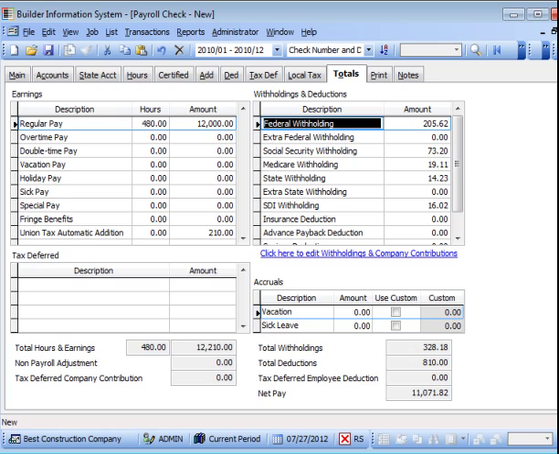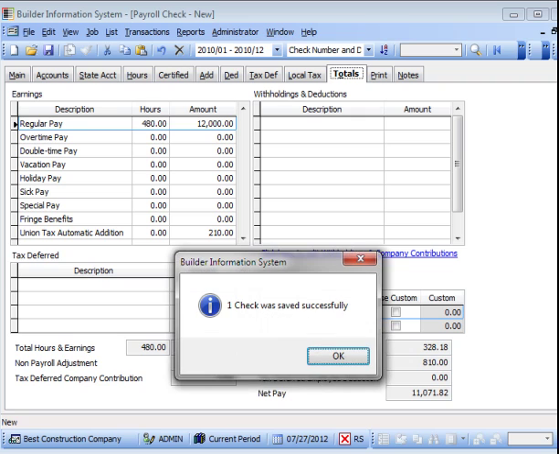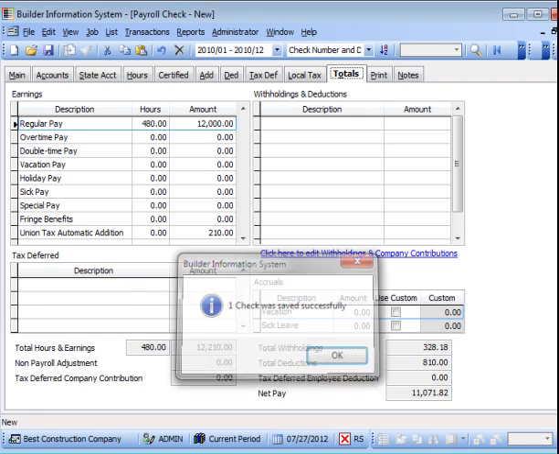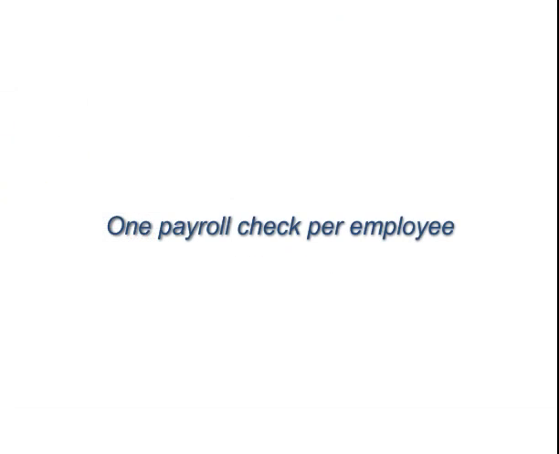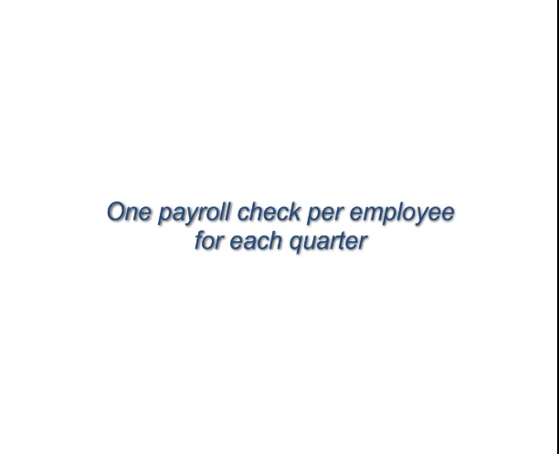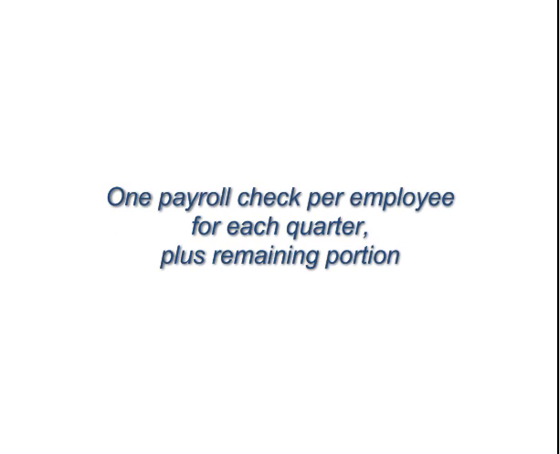Once the information is correctly entered, click the Save icon or use Ctrl+S to save the transaction. Unlike within Payroll Hours and Adjustments, when the transaction is saved in Cash Disbursements, it posts to the General Ledger. Again, this process is duplicated for each employee for each completed quarter and the portion of the uncompleted quarter for